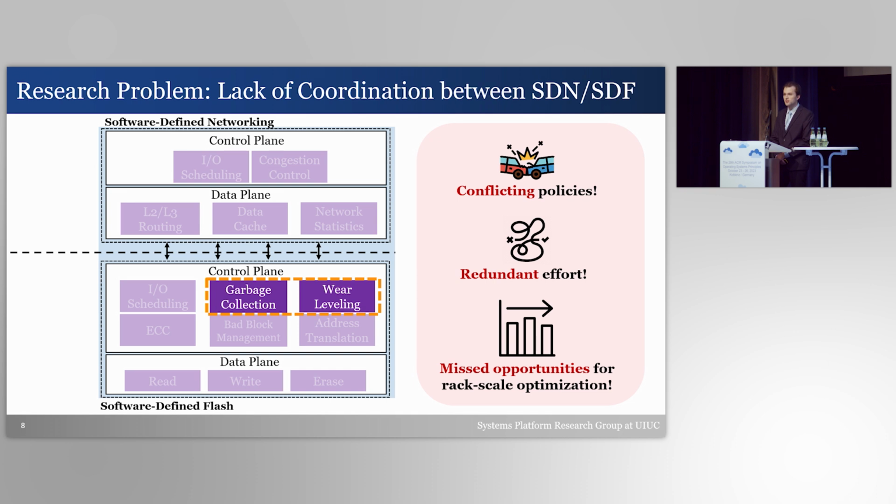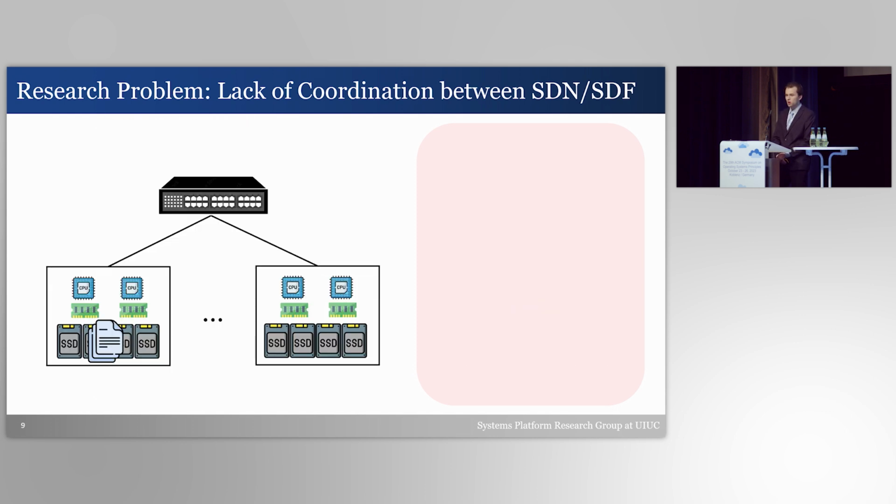We also see that some storage operations, such as garbage collection and wear leveling, could benefit when coordinated at rack scale. Remember that garbage collection may pause incoming storage requests and add up to orders of magnitude delay to incoming storage operations. One observation is that storage is typically deployed at rack scale, and rack scale storage systems typically have at least 2 replicas in one rack and at least 1 replica in another rack. Therefore,